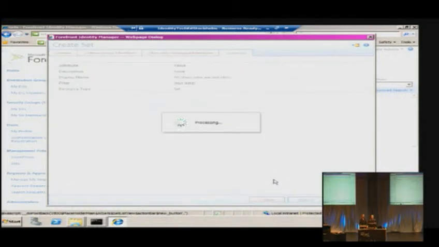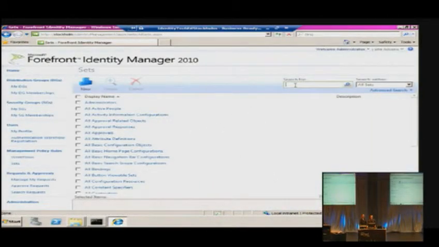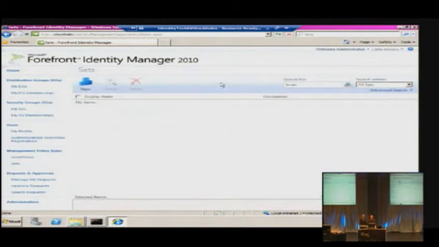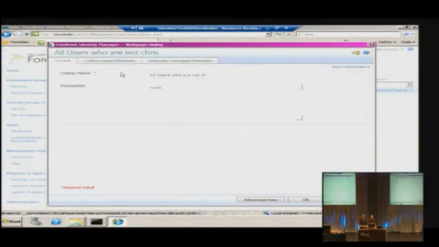And we're finished. So we've used the very easy declarative wizard to create a set. So we'll search for that set and do some manual modifications to it now that we've used the wizard. All right, we're about to go to it. We go back to the set that we've created manually, and in the bottom right-hand corner, we're able to switch